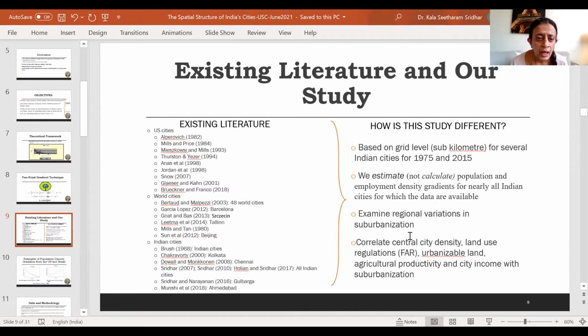And Glaeser and Kahn. I know Matthew Kahn is associated with USC now, so I was hoping that he would attend the presentation. I don't know if he's here, but what I want to point out is the Glaeser and